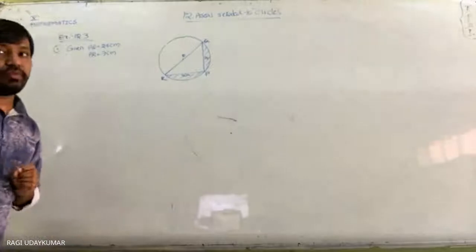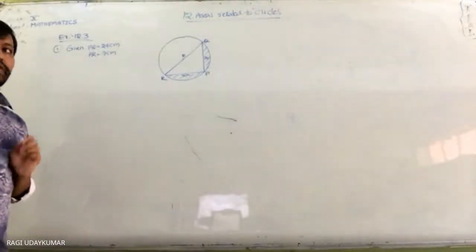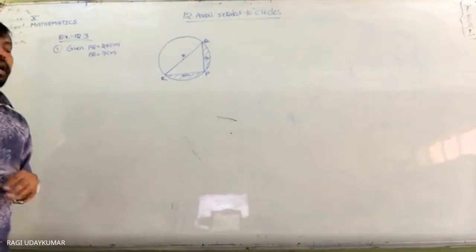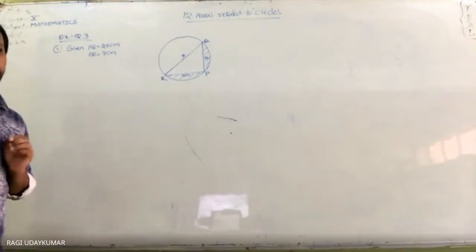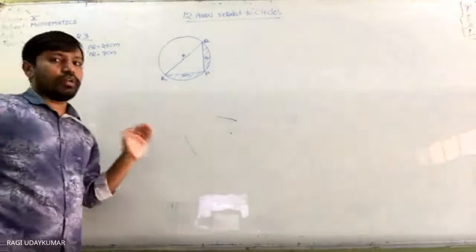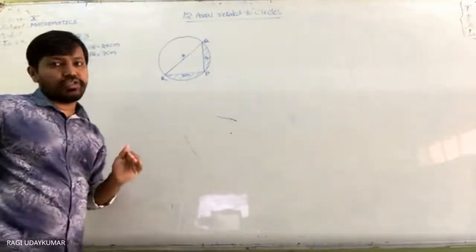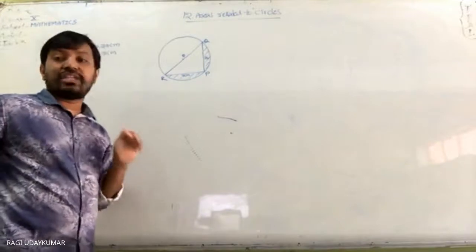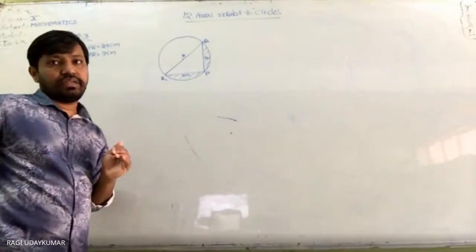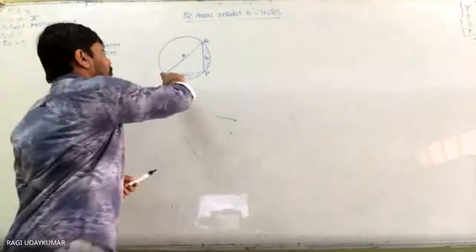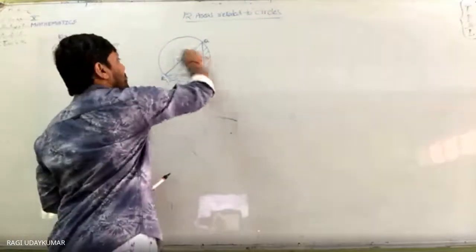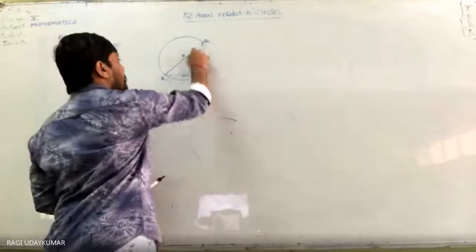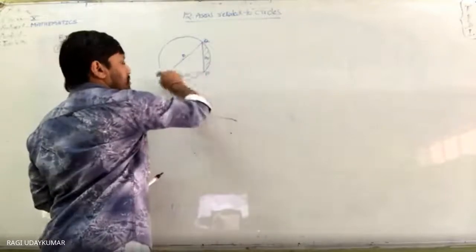Once you think about this, whenever you are taking this triangle, QR is a diameter, and we don't know the radius of the circle. To find the radius we need to find QR, and you will get QR in the easiest way. How do we find the shaded region area? You complete the semicircle, find the area of the semicircle, and from it you subtract the area of this triangle.